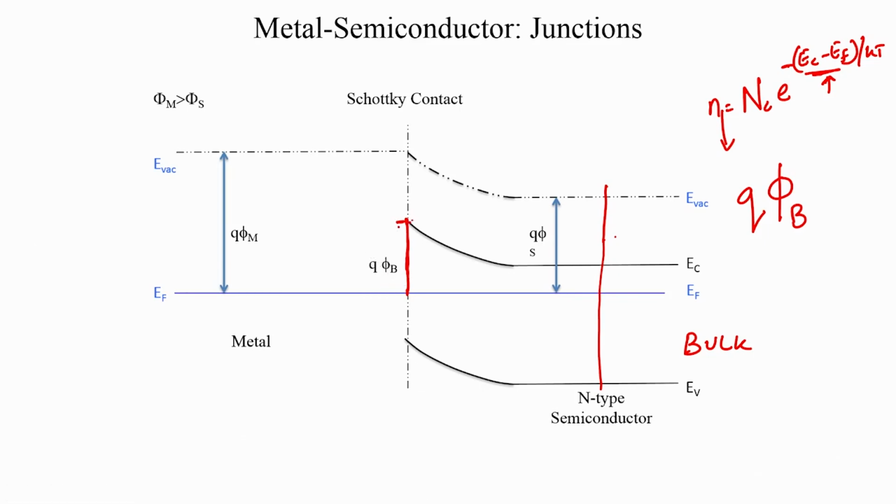After this, the bands bend away. So, you can see this gradual bending of the band, up to a point beyond which the semiconductor does not see any band bending. The region of the semiconductor which does not see any band bending, wherein the semiconductor does not even realize that there is a metal semiconductor junction, is called the bulk of the semiconductor. So, when we say bulk, we automatically imply the region of the semiconductor far away from the